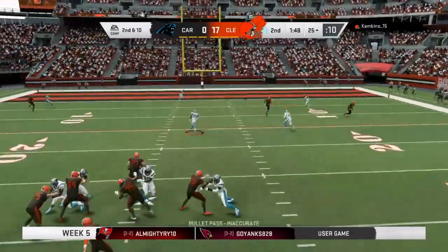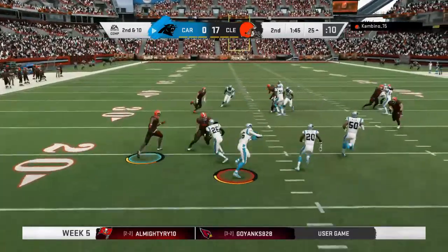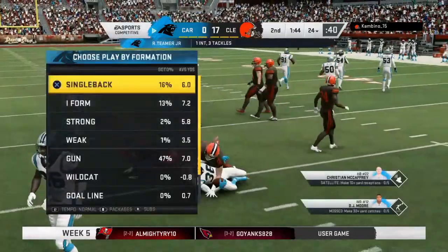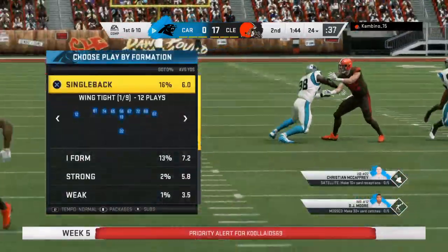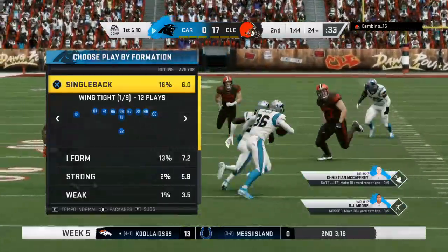Back to the air, Newton on second down. Oh, a ball batted in the air, and now it's intercepted. Picked off inside the 10, and he'll return it to the 24-yard line. They've got a pretty comfortable lead right now, but maybe a little too careless with the football that time for